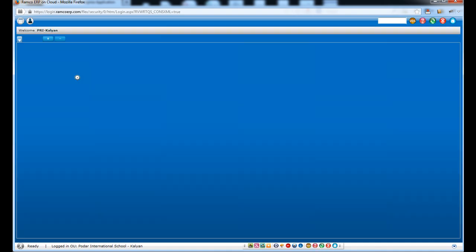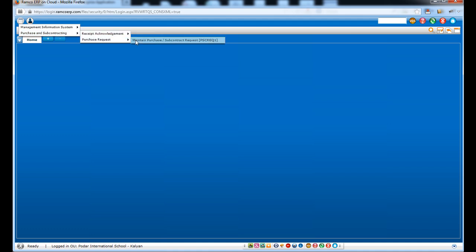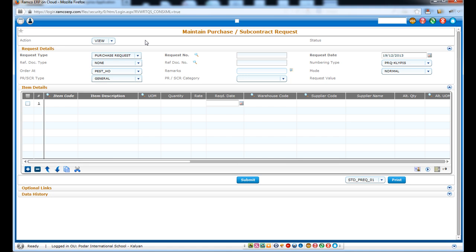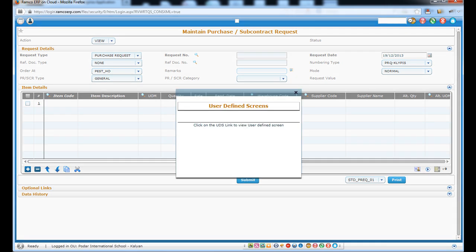Now once you are logged in, you'll need to click on menu, purchase and subcontracting, purchase request, maintain purchase subcontract request. Now once this screen opens up, there are two ways you can access the reports. If you want to see data about a particular PR, you need to enter the PR number here, or click on the UDS screen, click on PR report,